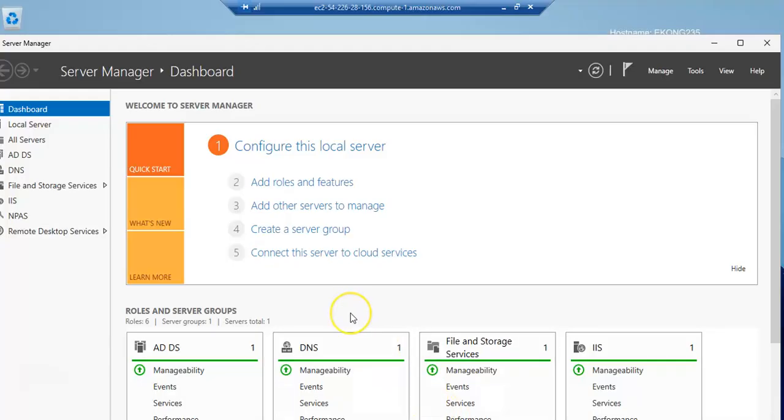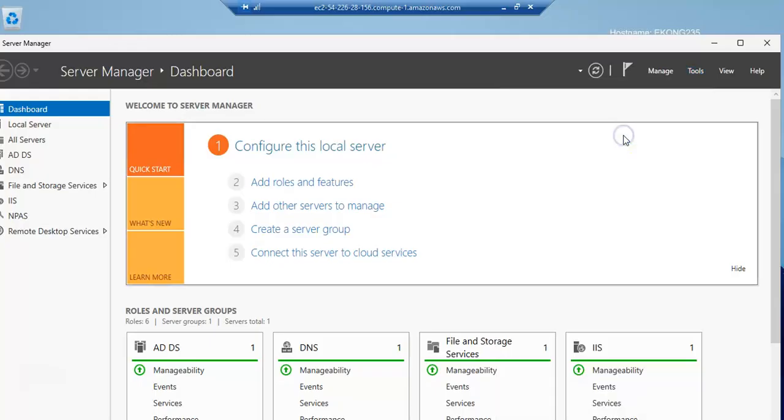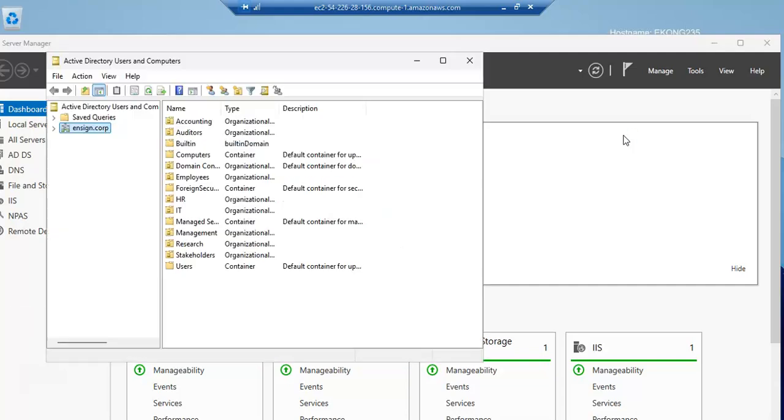So here I open my server manager and I go to tools. To show you my organizational units which I created, I'll now come down to Active Directory Users and Computers. Here I will show how I created my organizational unit. So this is my domain ensign.corp, and here these are the